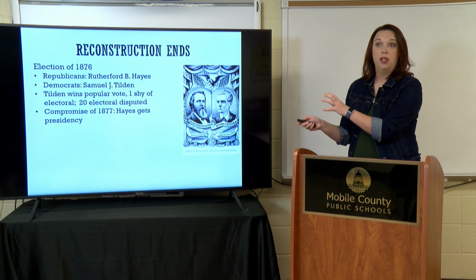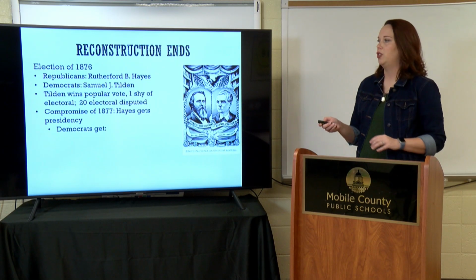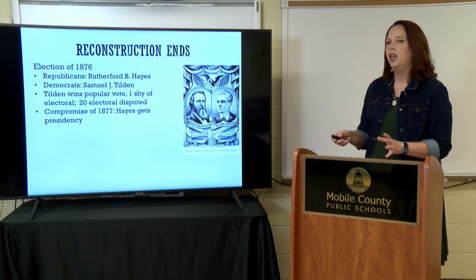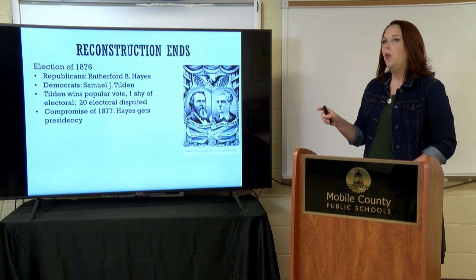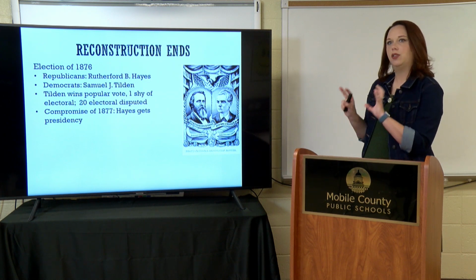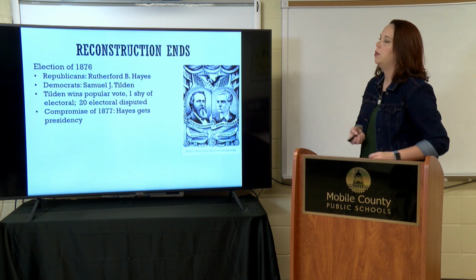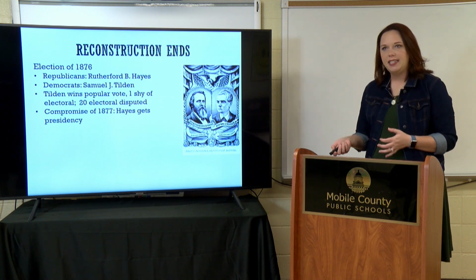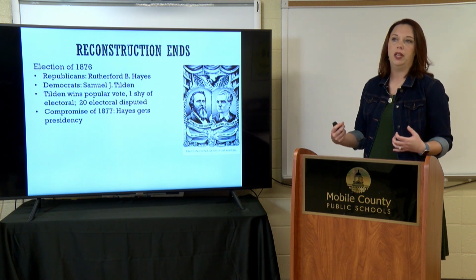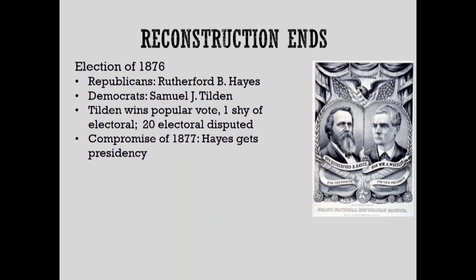Now, redemption is achieved in the South, and that's what's going to lead to the end of Reconstruction, guys. This is going to be the nail in the coffin for Reconstruction: the election of 1876. So let's talk about this election and why it leads to the end of Reconstruction. Let's talk about the two gentlemen that are running for the presidency at this point. Ulysses S. Grant in 1876 decides not to run for re-election because of the scandals in his administration.